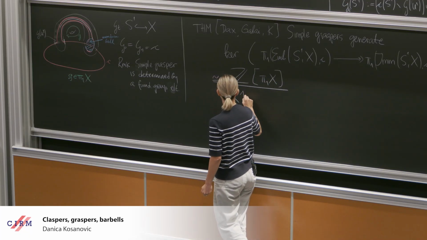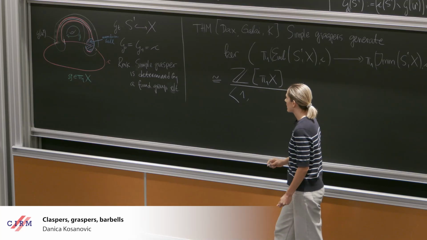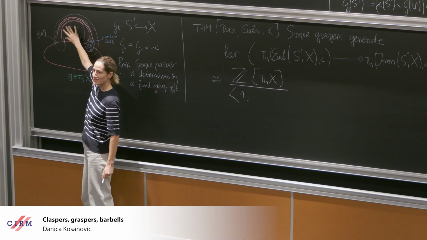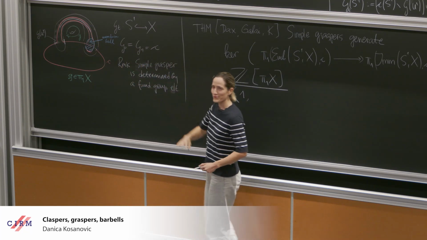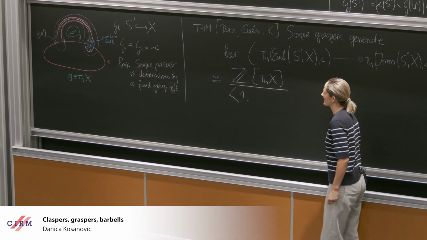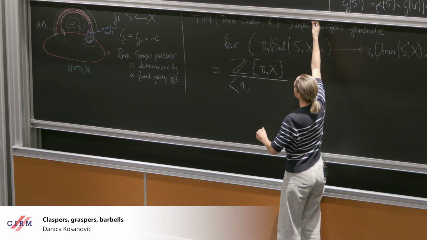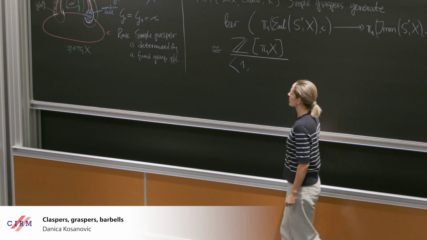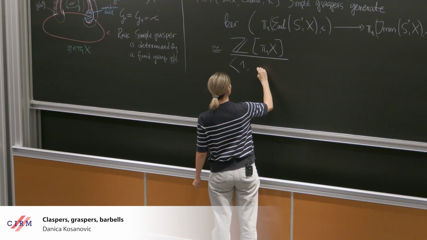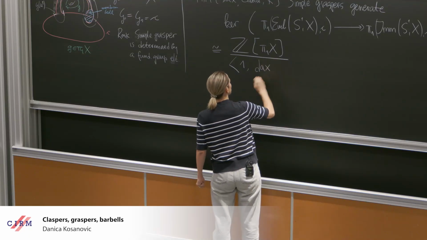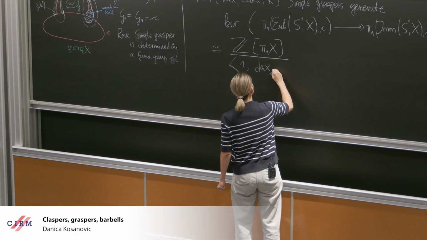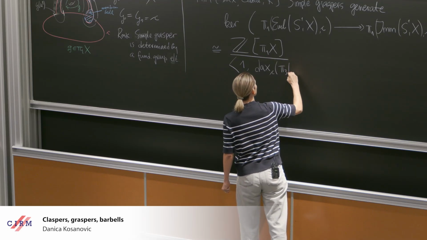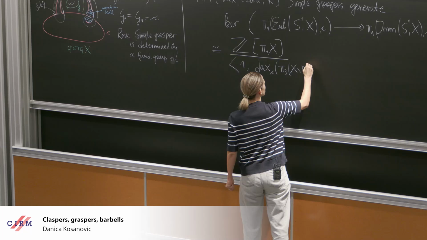First of all, you will kill the group element 1. In other words, if there's nothing here, you can undo this. And this is an exercise, well, for those who were here last week, it's easy. It's really the same way that you would do it for knots. And then you also kill something more, and that's a term that depends on pi3 of X minus a 4-ball.